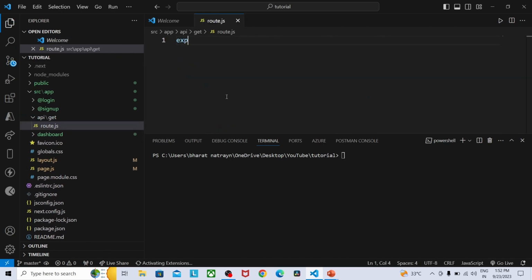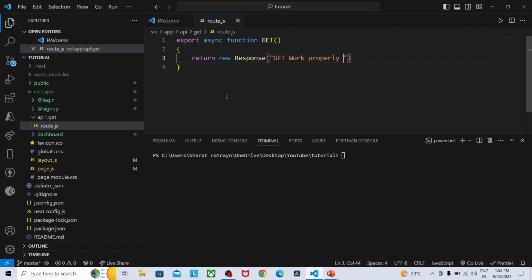Here I'm going to export an asynchronous function GET. It is going to return a new Response, and the value is going to be "GET method work